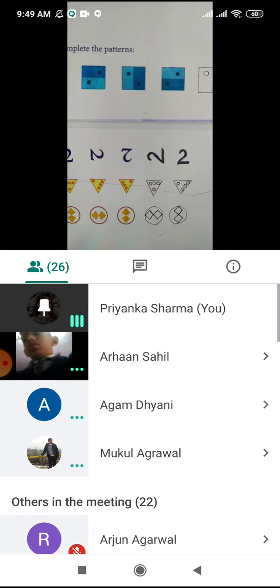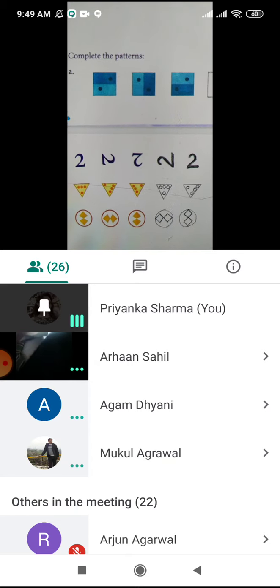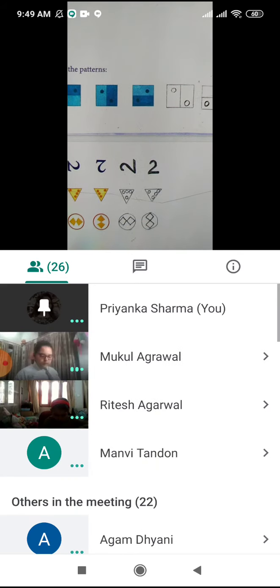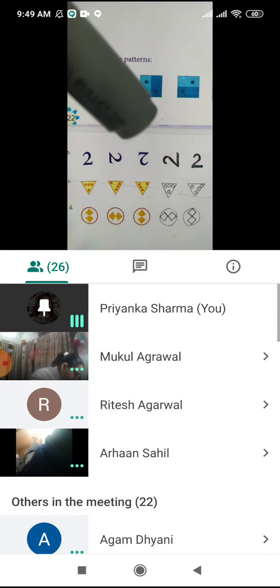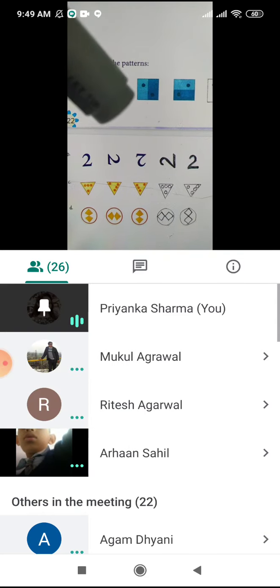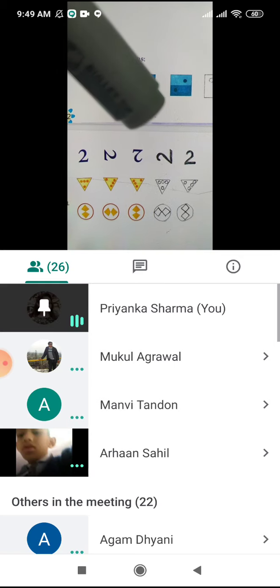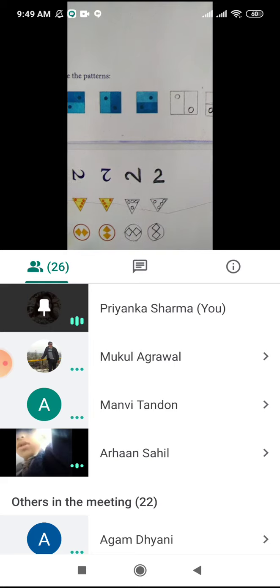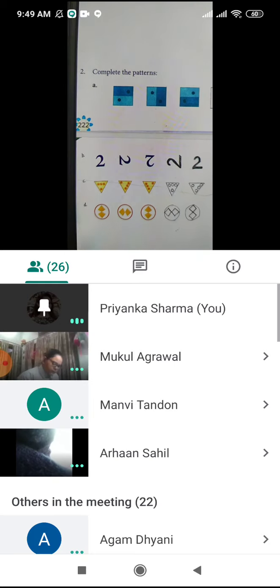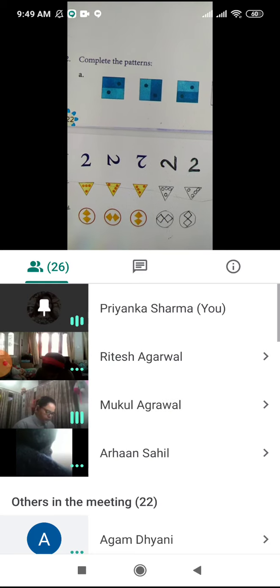What type of rotation is it taking? One fourth. Here two straight, then 90 degrees, it has become horizontal. Then again 90 degrees, it has come down. Then it will come to this side, the left side, and then straight. Done.